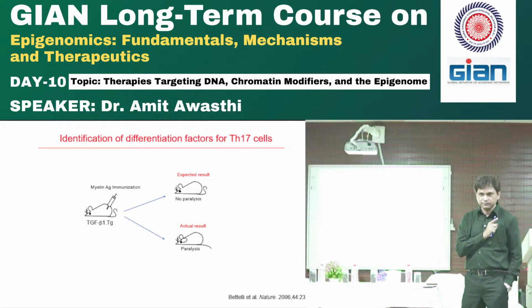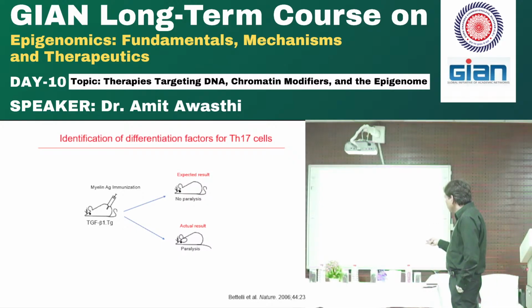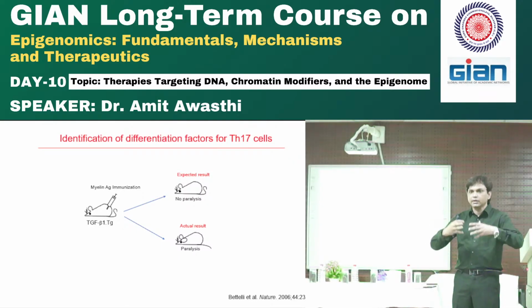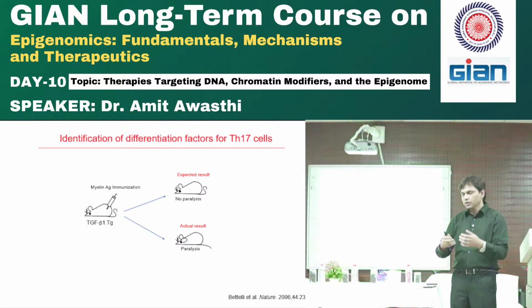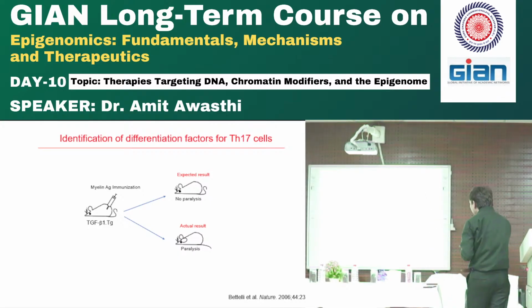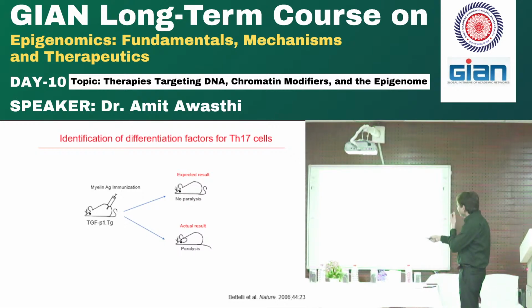इनहिबिटरी साइटोकाइन है। तो इस माउस में क्या होता है कि TGF-beta भर भर के निकलता है, because transgene लगाया आपने। So जैसे ही T cell एक्टिव होता है TGF-beta निकलेगा। तो एक्सपेक्टेशन हो रही थी कि जब हम इस माउस को माइलिन एंटीजन से इम्यूनाइज करते हैं, तो TGF-beta बनेगा, T cells एक्टिवेट होंगी, इम्यूनाइजेशन में T cells एक्टिवेट होंगी, TGF-beta बनेगा, तो क्या होगा, हमें ये रिजल्ट चाहिए था।